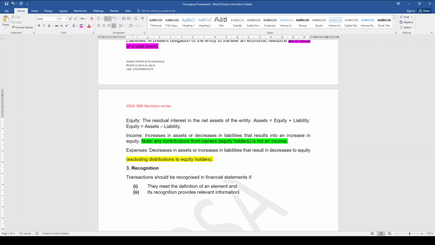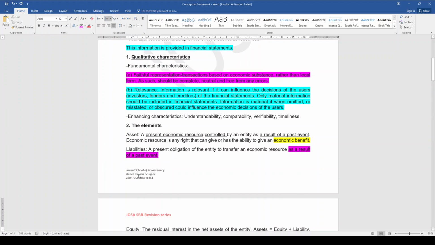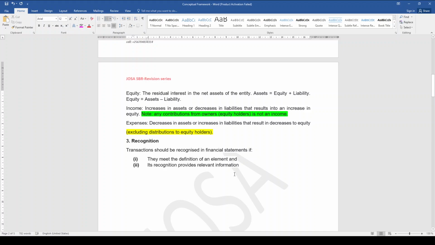Of course, you should be knowing what relevant information is. Free from errors, neutral, complete. Those are the statements that you should use in your explanations. Relevant information, and lastly, its recognition